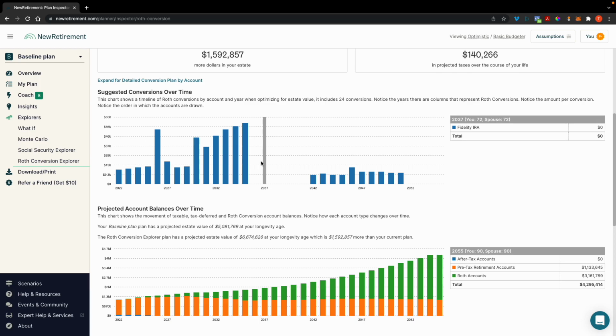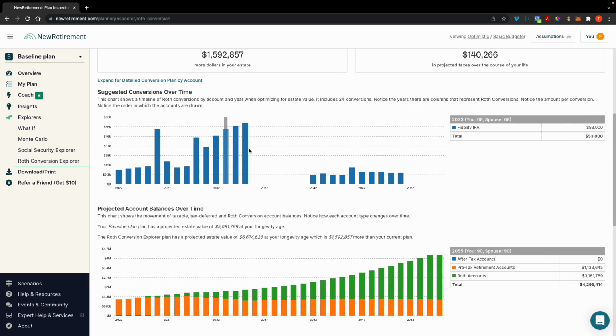The least optimal is you pay for the taxes on the conversion out of the actual conversion itself. So if you want to convert 100, the least optimal would be to take 20 out of that 100 and then put 80 into the Roth. And the worst case scenario is that you then tap into that value that you converted a year later, two years later, three years later, because then there was no benefit at all. You just paid taxes to pay taxes.